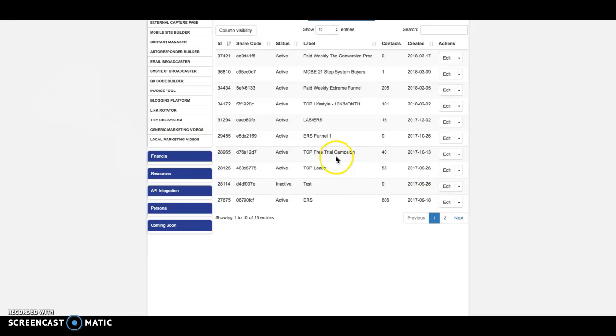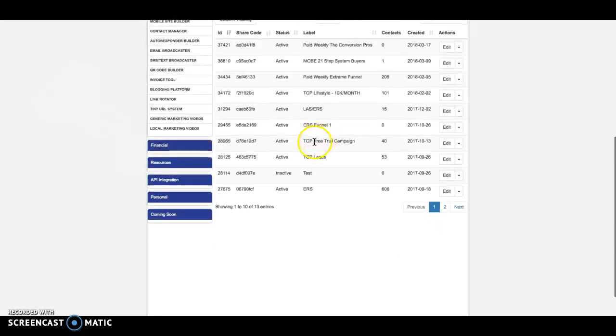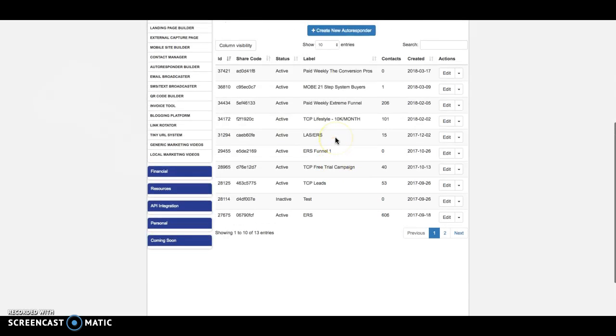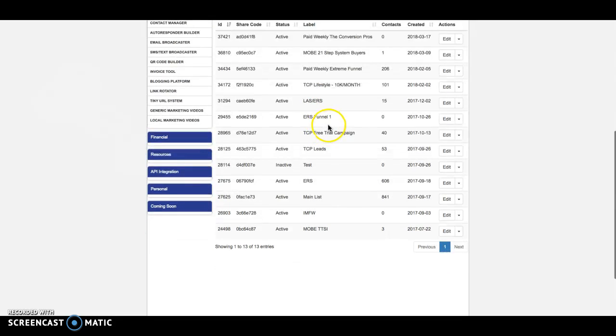And one of the cool things about the Conversion Pros is you can have multiple lists going on, but you can have a main list going on as well. Where is my main list? Oh, here it is. Okay, so as you can see, I've got multiple lists, but I've got my main list here. So I've just started building my business with the Conversion Pros, and my first target is to